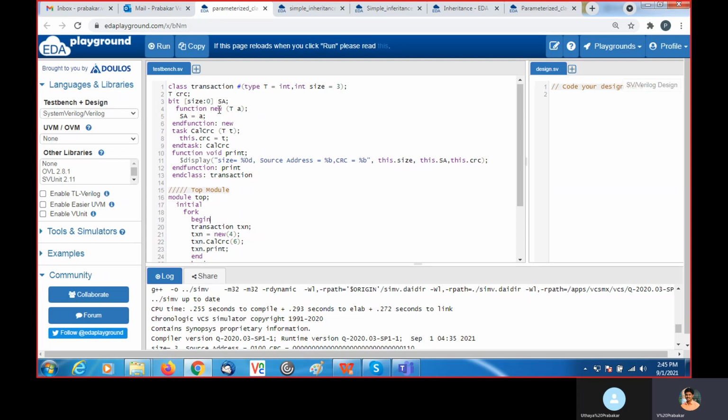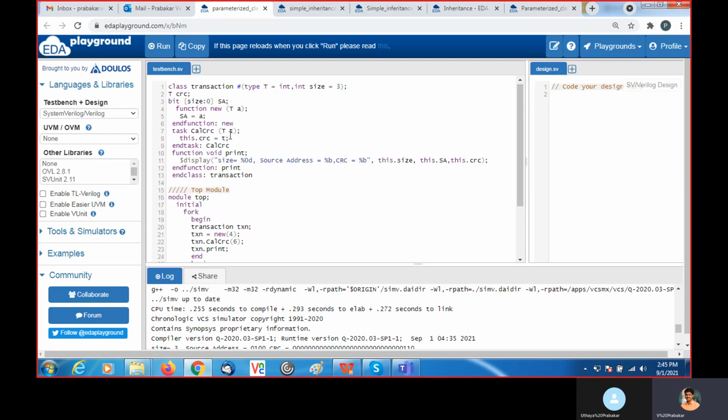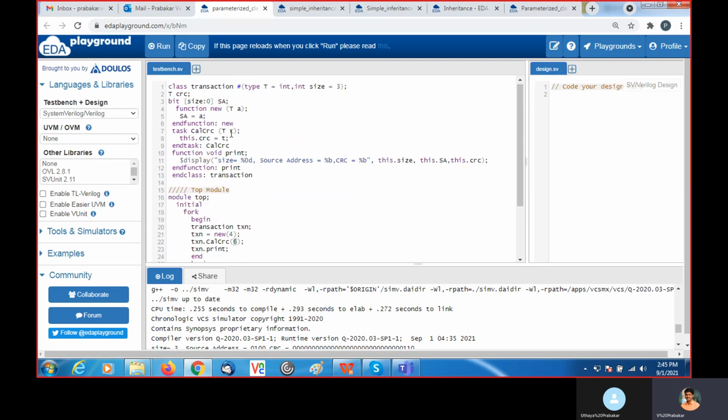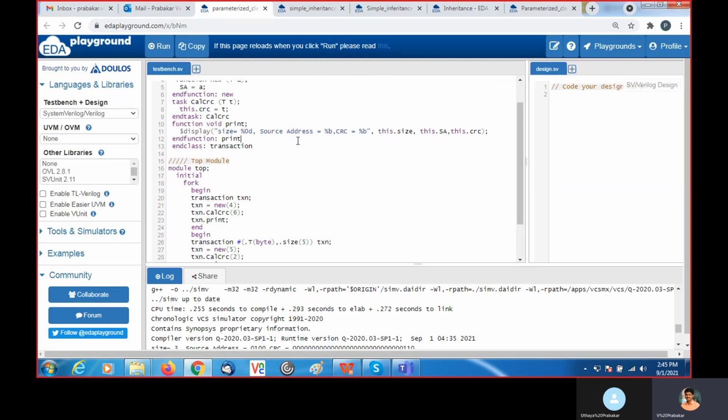So automatically this new function will be called, and 4 is assigned to this A, and 4 is assigned to this SA. And then trans call CRC, with this handle we access this call CRC task, and we are passing 6. So 6 is assigned to this CRC. And then we are calling this print method, so it will print the values.